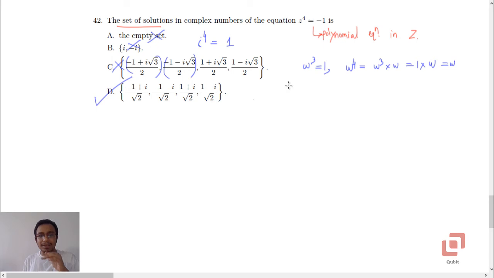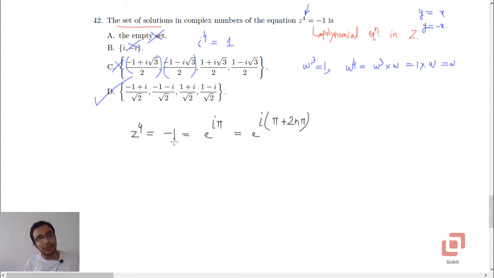You can also make this guess that because it is z raised to 4 equal to minus 1, it might very well be the case that these four roots will be lying on the lines y equal to x and y equal to minus x. But that is just a qualitative description, or I would say a speculation. You have to verify it obviously, but because now we have eliminated A, B, C, we can say with full confidence that it is D. Otherwise how will you solve this problem if you don't know how to eliminate the options? Simple: use De Moivre's theorem or Euler's formula.